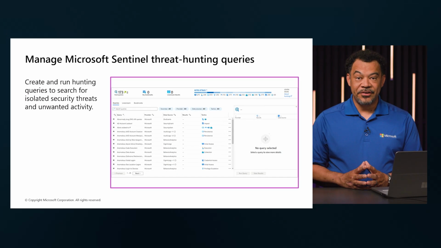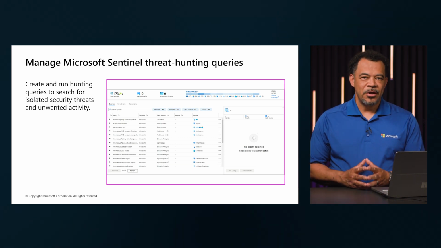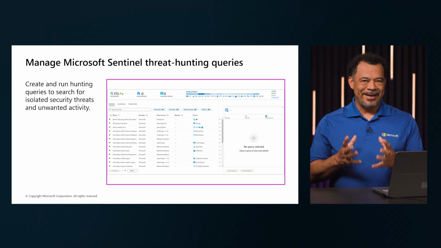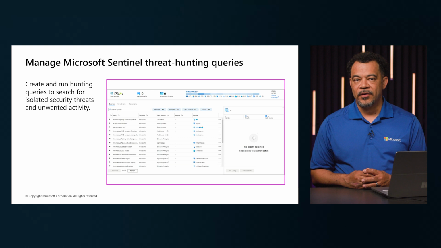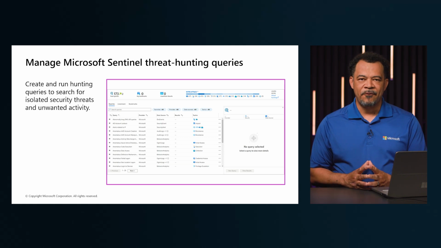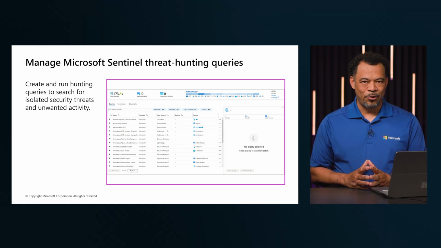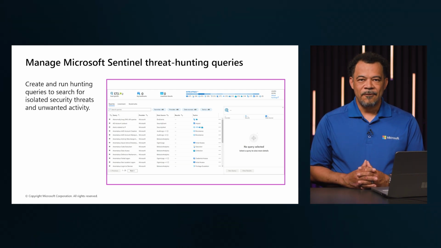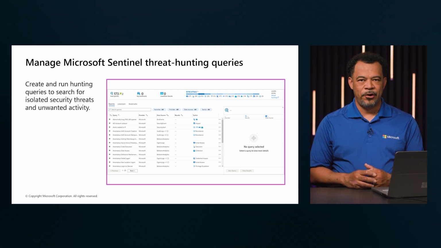Here are the steps for managing Sentinel hunting queries. Begin by accessing the Queries tab in Microsoft Sentinel to explore a library of predefined threat hunting queries. These queries are designed to help you proactively search for suspicious activity and isolated threats across your environment. Select a query to view its metadata, including things like the data source, the provider, and the associated MITRE ATT&CK process. You can execute the query directly to analyze results in real time and investigate any anomalies. For efficiency, bookmark the queries you use most often so they're readily available for you in future hunts.